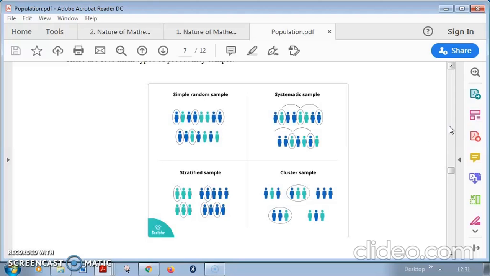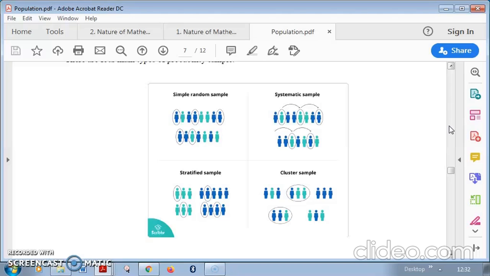What is a simple random sample? Suppose students are joining in the KG, right? You have a school and you have many applications. Suppose only 30 seats are there. There are say 200 applicants. You want to select only 30 from that. What you do is, you write all the 200 applicants' names on paper. You put them in a box. Just shake that box, and one fine day call all the parents. Let one of the children come and pick up a chit from that. So you are using the lottery method. Each and every child has the equal chance of entering into the sample.